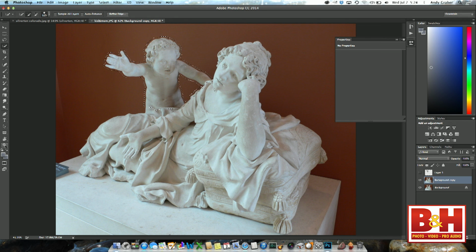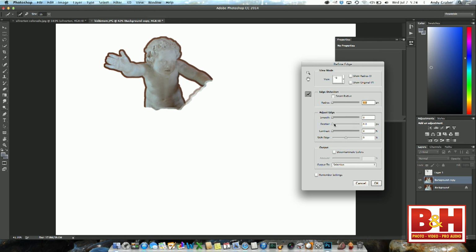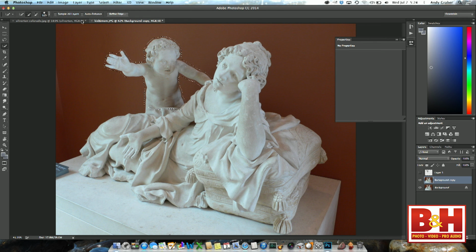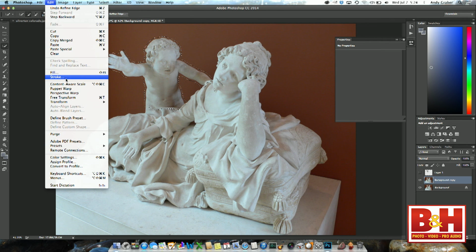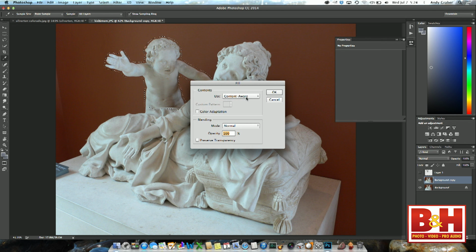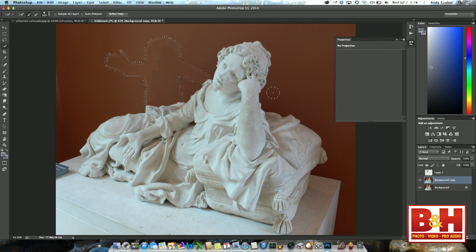I'm going to soften with Refine Edge, so that I have a nice, soft edge, and by the way, this is a much higher res photo that I'm working with here. So I'll soften that a little bit. And then I'm going to try to use, well, we're going to see how well it works. It's not going to be great, but we're going to use content aware fill. So we go to the fill command, content aware, click OK, and